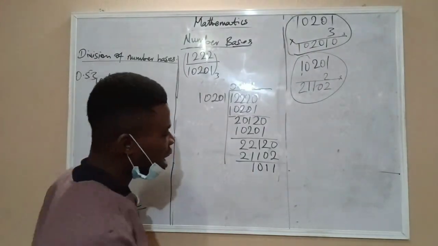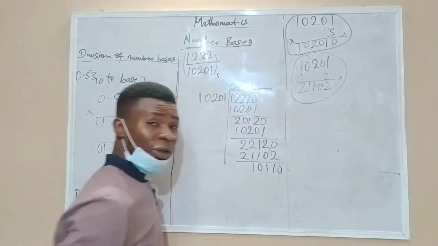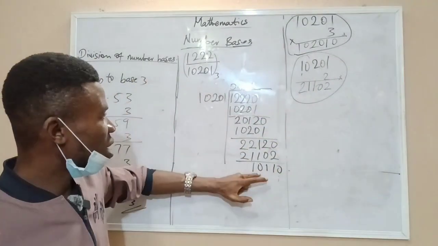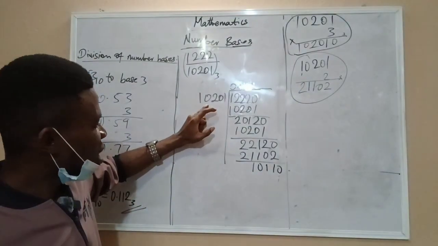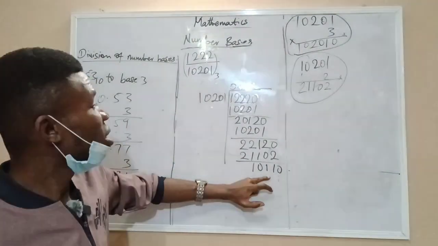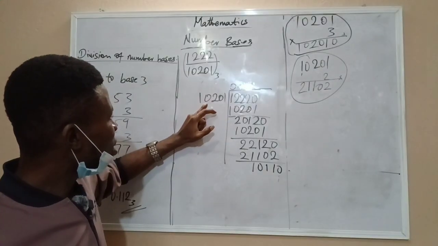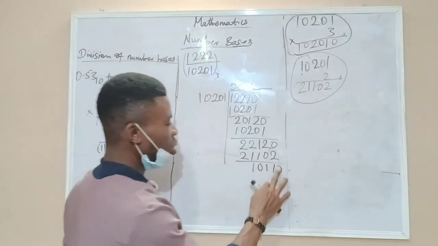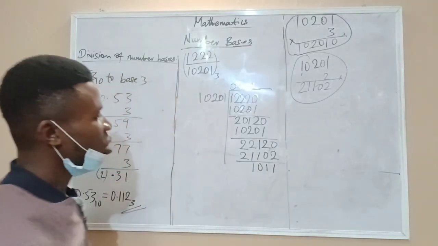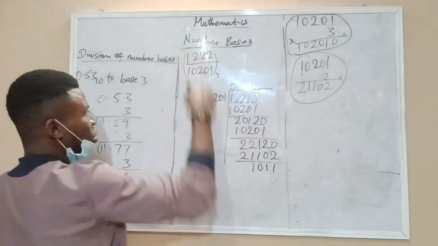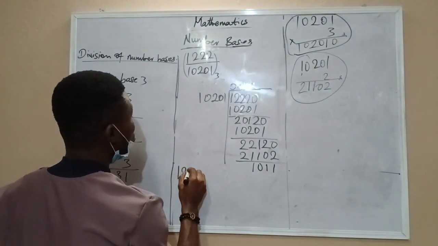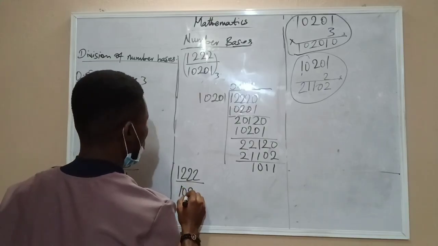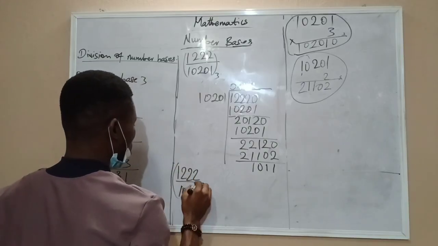than this one, because even if you add 0 here now, there will be no number you multiply to get any number that will be less than this one. The least you can get is this, and this is still bigger than this. This is 10,201, or this is 10,110. So the moment this one gets below this one, you end it here. So you notice that from here now, 1, 2, 2, 2, all over 1, 0, 2, 0, 1 in base